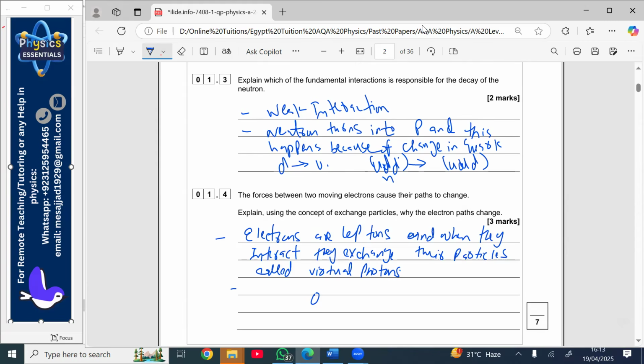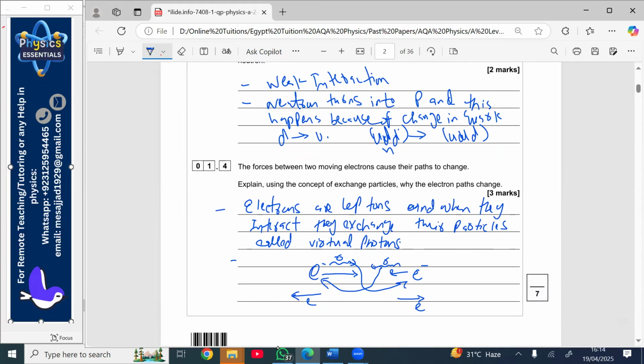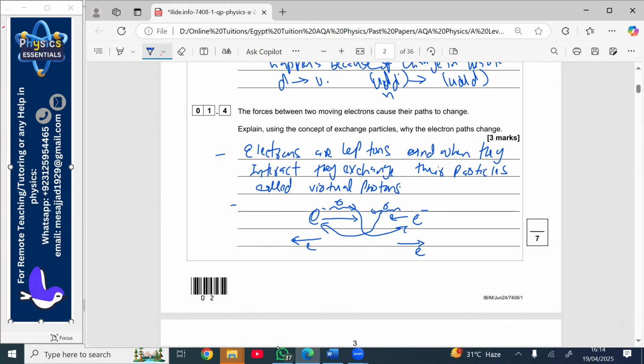Okay. Now the problem is, when the electron is going this way and another electron is coming this way, they each have a virtual photon. This virtual photon will be taken up by this electron, and this virtual photon will be taken up by this electron, and as a result, they will go in that way. Okay, so we will say that when electrons interact, they exchange their virtual photons,